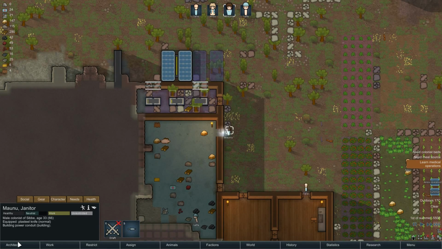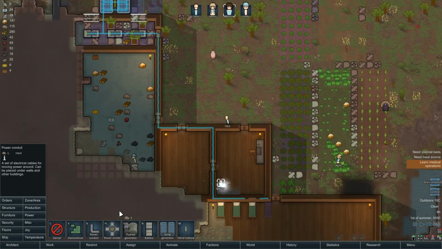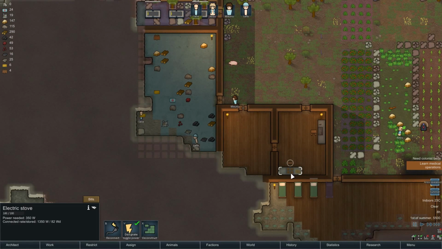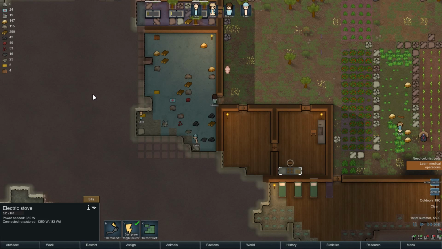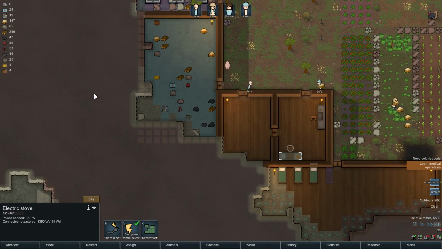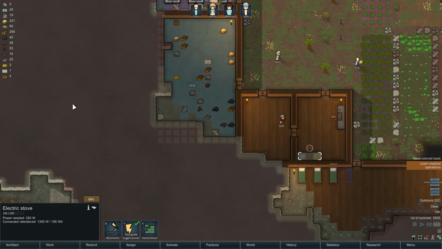Alright, how's the power coming along there now? We got power there, good. And we have a stove and it's connected. So, fantastic. Cook simple meal. Do until we have 12. Let's just do that. What else can we make? Yeah, that's fine. Let's see if we can get someone up there and cooking ASAP. Lefi is cooking. He's not going to be very good at it, but it's good that we make something out